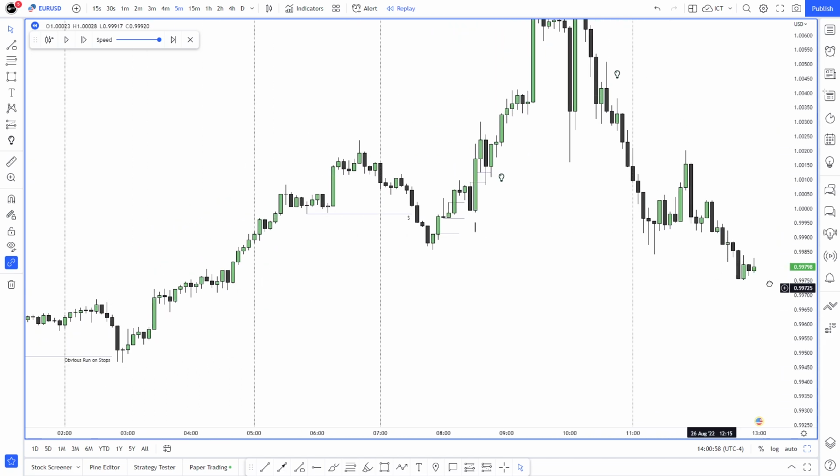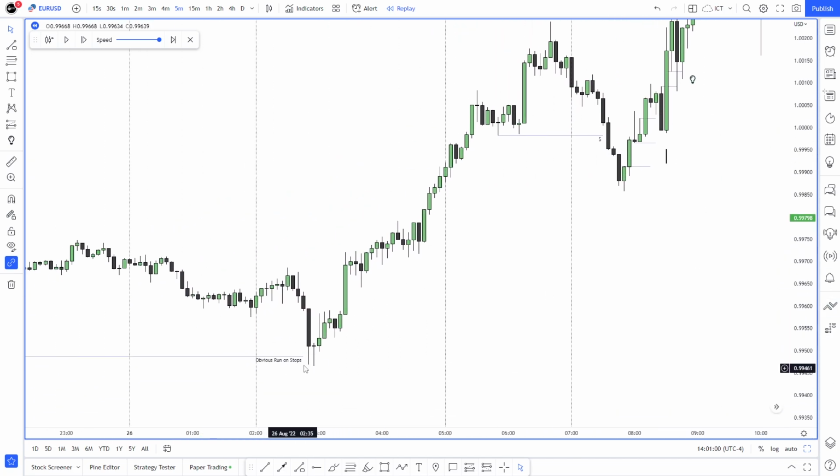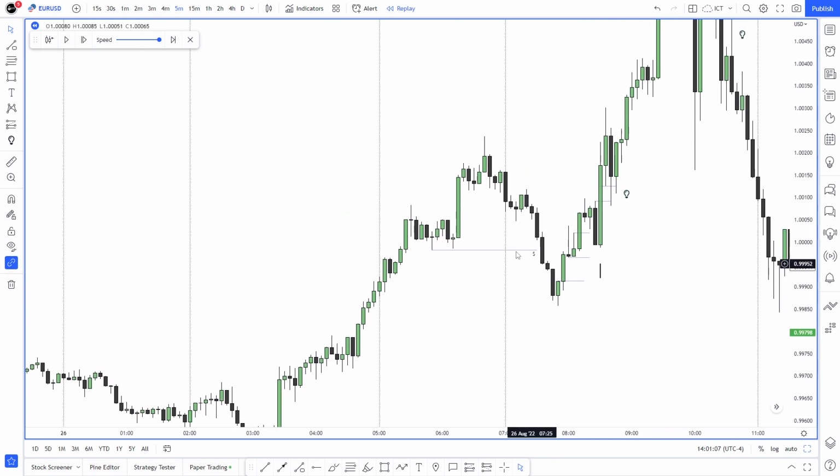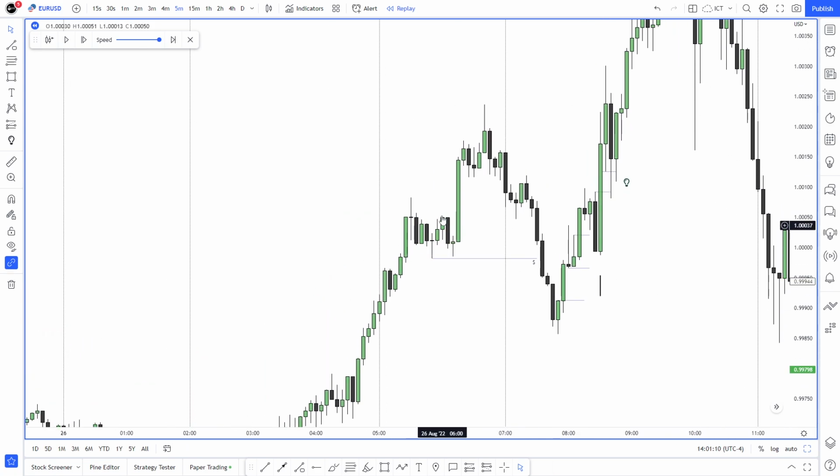But today was a bit different, and as you can see, again, London was quite clear on what it wanted to do, took sell side aggressively higher, and something that I was mistaken on this day is that I didn't really realize that we had a tiny bit of a range. First goes aggressively higher, taking this buy side, changes direction, fair value gap in the 5, continues lower aggressively, run on sell side, aggression higher, market shift here, fair value gap here, not mitigated, fair value gap here, mitigated, aggression higher, market shift, not market shift actually, just continuation of the trend basically, another fair value gap,